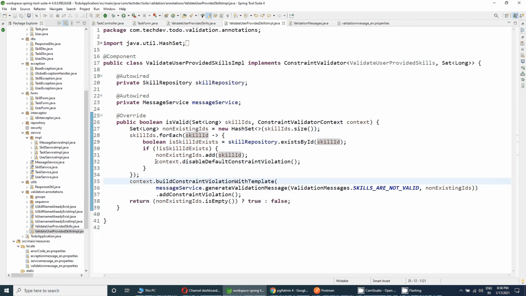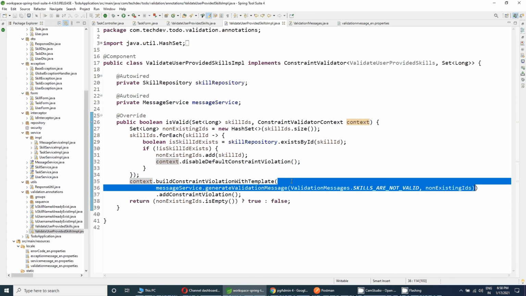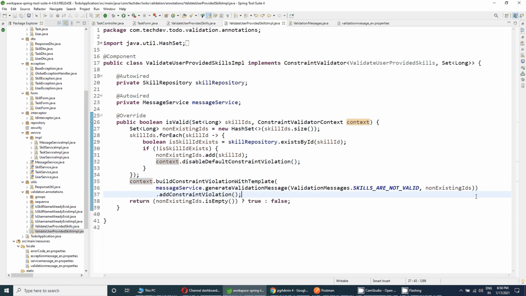First step is to disable the default constraint violation. And after that, to add the new constraint violation, you have to use the build constraint violation with template method of the constraint validator context and pass the message that you want to pass. And after that, you have to call this method, that is add constraint violation.